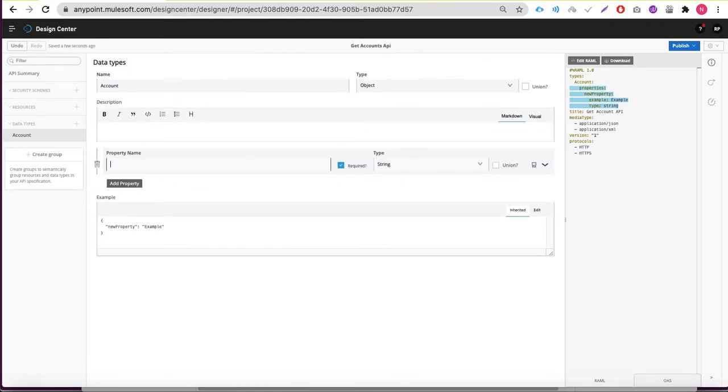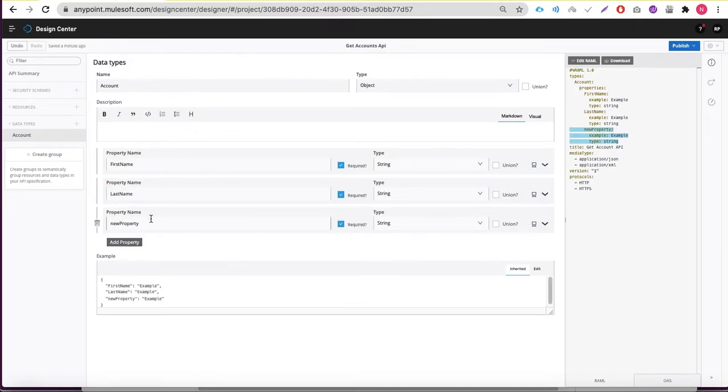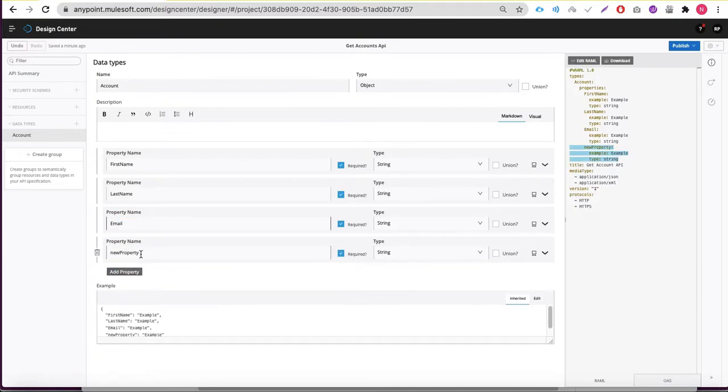For this property, let's say I will pass first name, and the type will be string for this property variable, and then we can add last name, then we can add email, and then we can add company name, and likewise you can add all other properties.